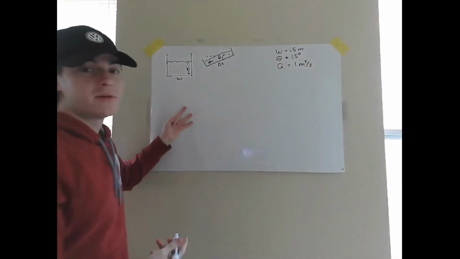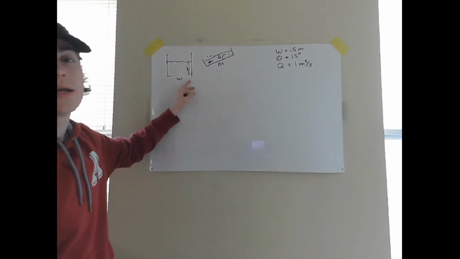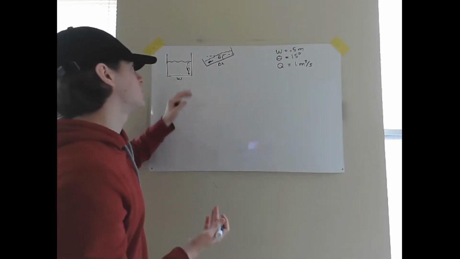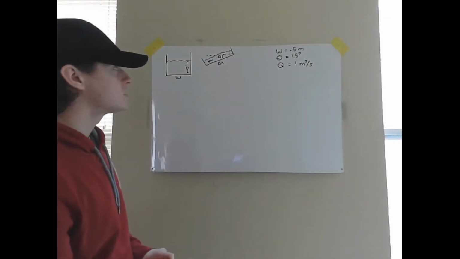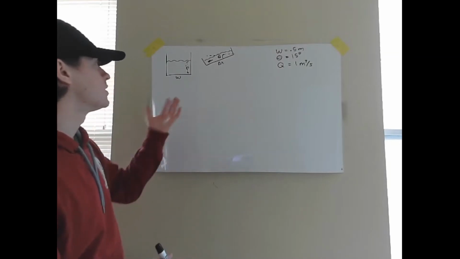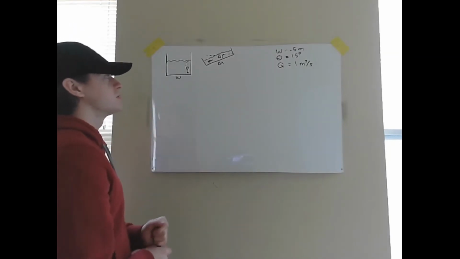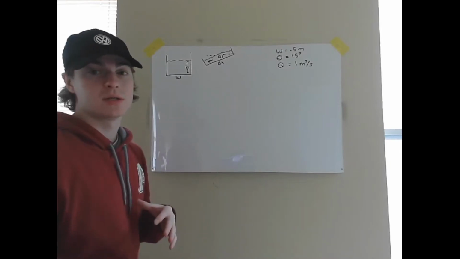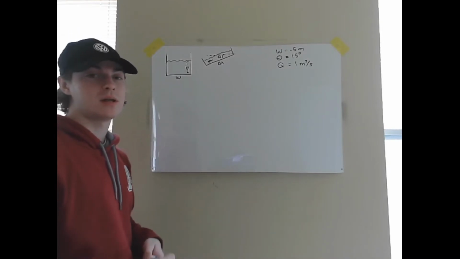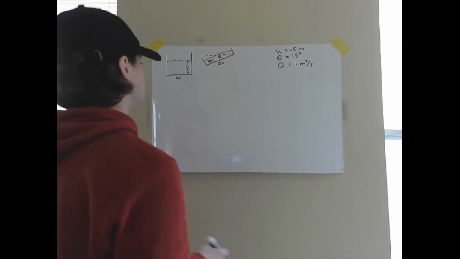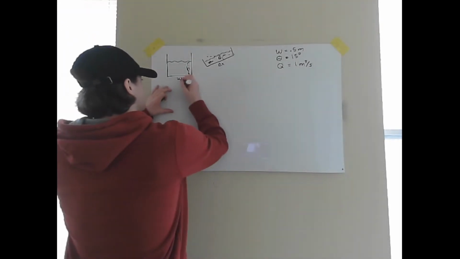And so the objective of this problem is to find the height of the liquid as it flows down the channel. And so how we're going to do that is I'm first going to write down Bernoulli's equation, and we'll make a few assumptions along the way, and we'll be able to code this end equation into Python and solve for our height. So starting with Bernoulli's equation,